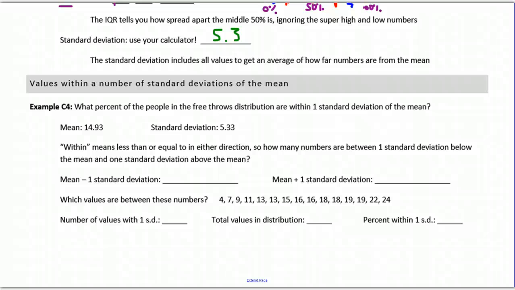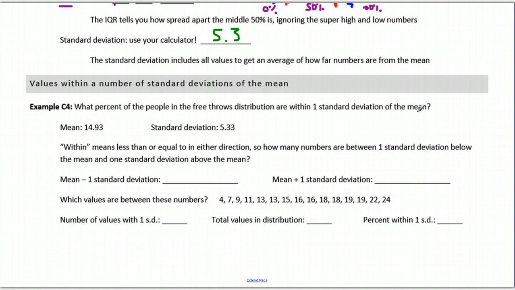Now let's identify values that are within a certain number of standard deviations of the mean. We found that our mean is 14.93, roughly, when rounded to 2 decimals, and our standard deviation is 5.33 when rounded to 2 decimals. What percent of the people in the free throw distribution are within 1 standard deviation of